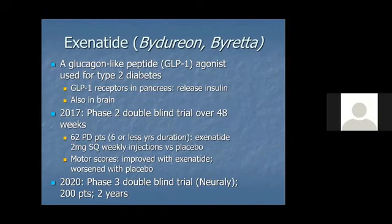Although I wouldn't recommend that you twist the arm of your doctor to prescribe you this. But if you have type 2 diabetes, I don't see any reason why you shouldn't talk to your doctor about switching to exenatide. In fact, they found that patients with diabetes that are prescribed exenatide and other GLP-1 agonists for their diabetes